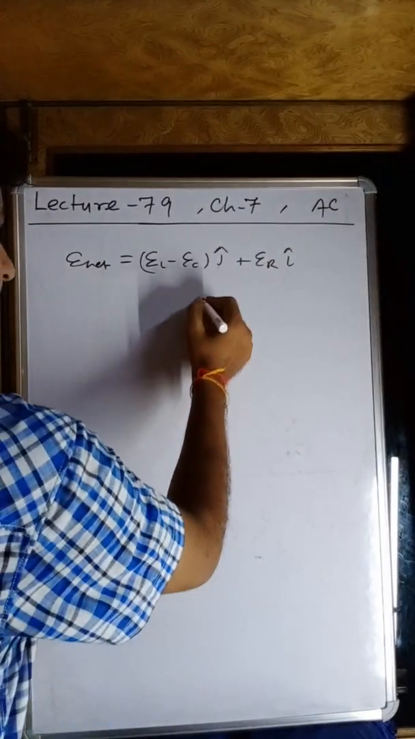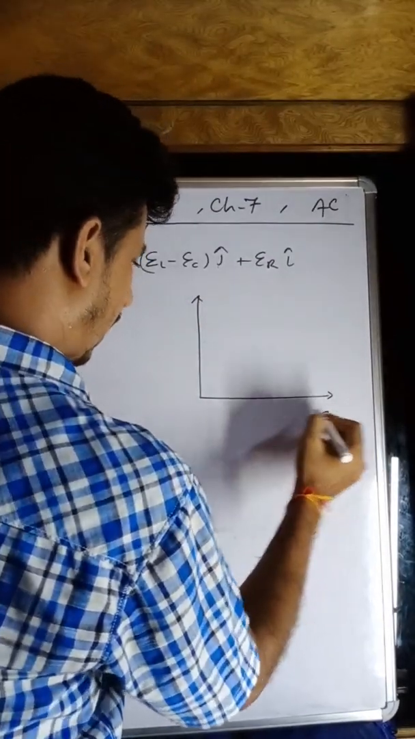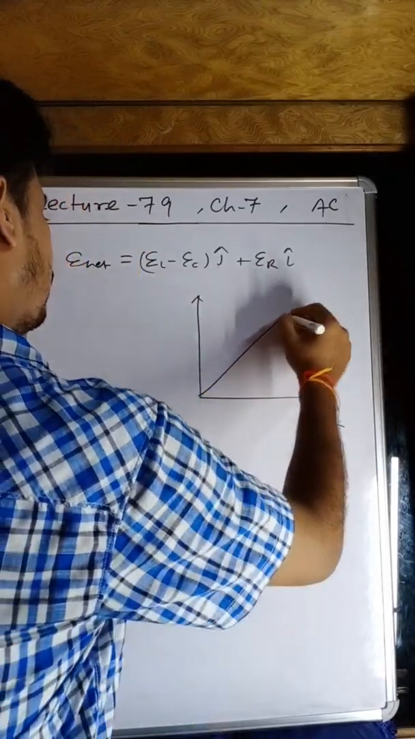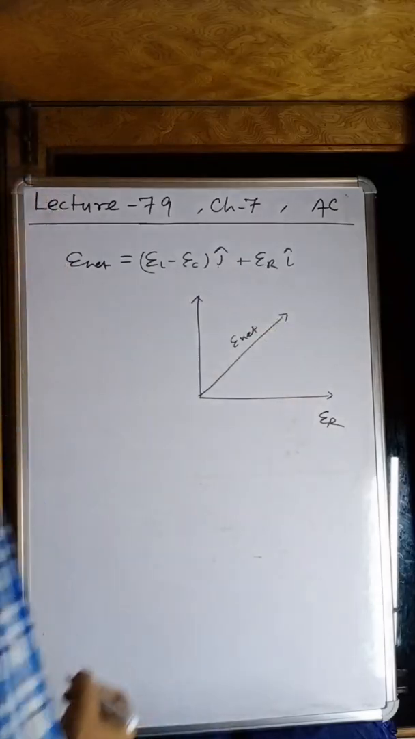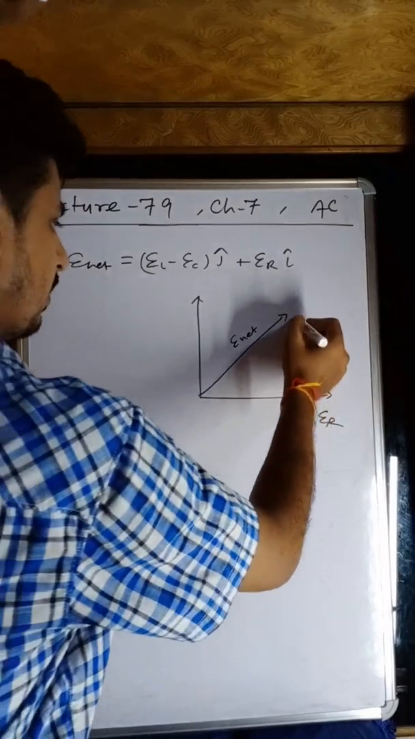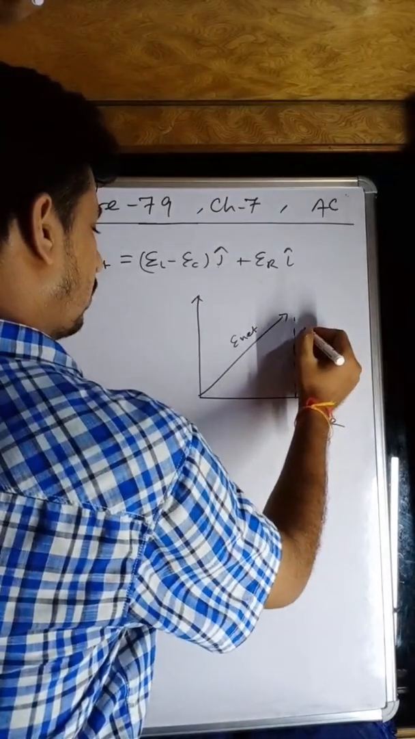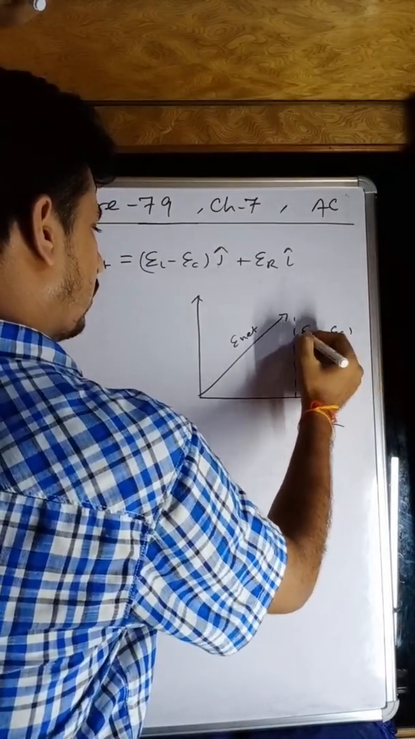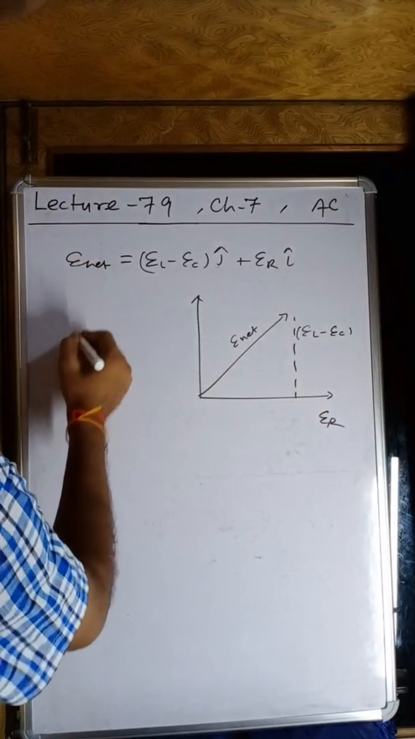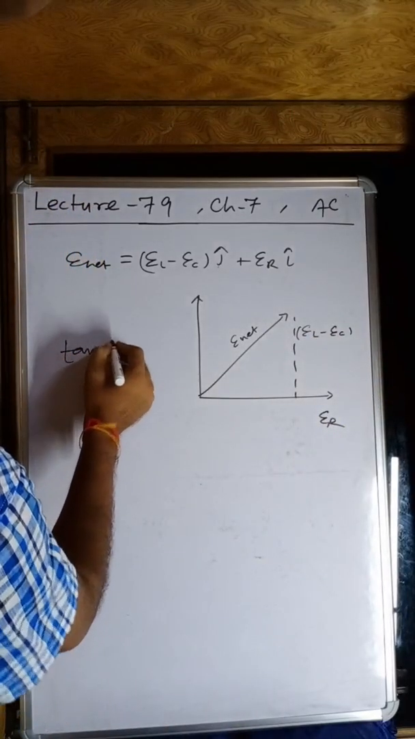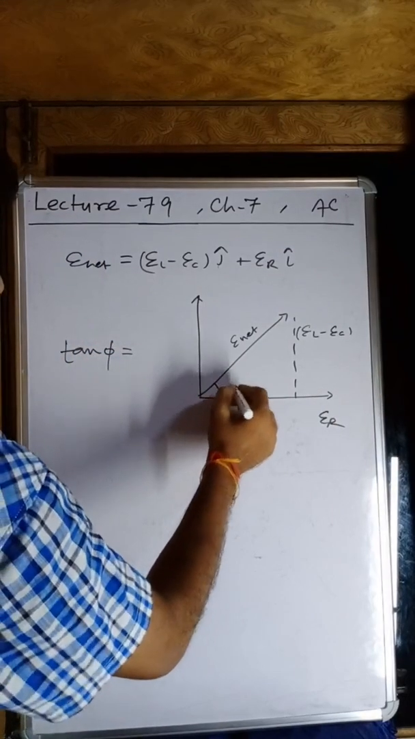The phasor diagram will be represented in this way. This is the ER and this is the E net, whereas this one gives you the value EL minus EC. When we write tan phi, what do we get? The tan phi, if this is phi,